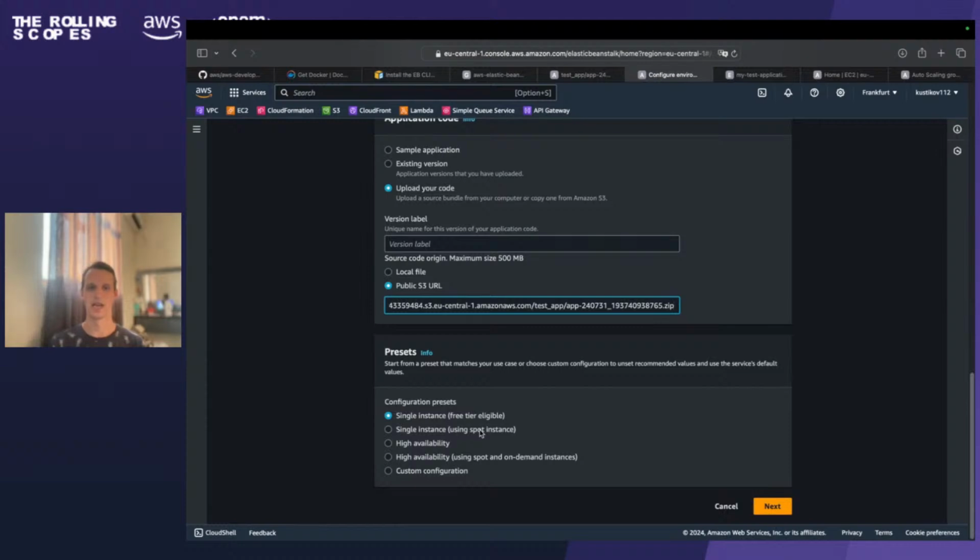In case of high availability, Elastic Beanstalk would not just create the instance, but it would also create the load balancer for me. And what is the most interesting part about this one, in case you have the load balancer in front of your application,